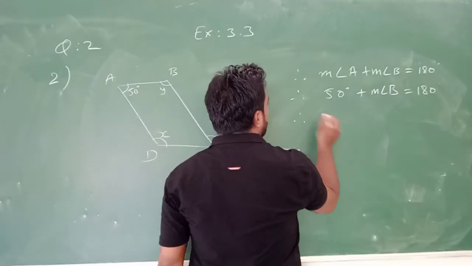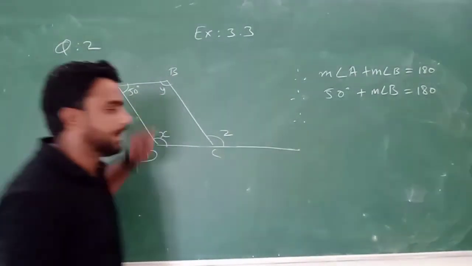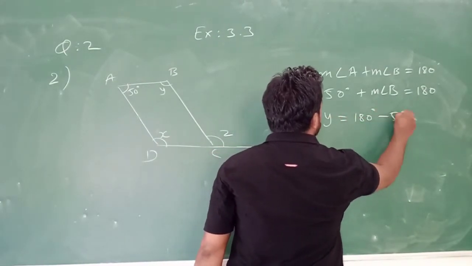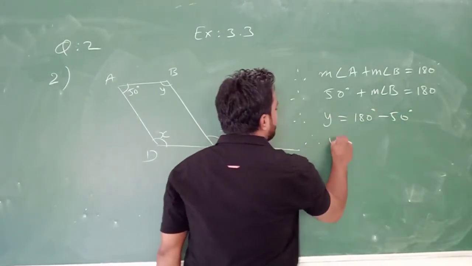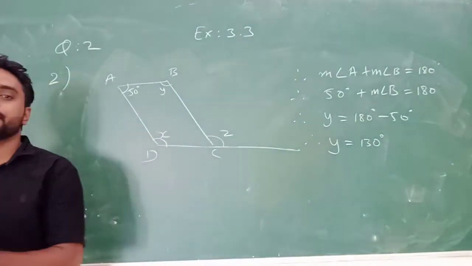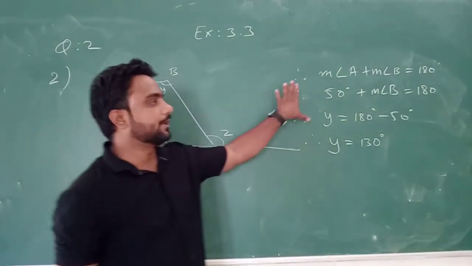So therefore, now what is the value of measure angle B? So measure angle B की value कितनी है? That is y. So y is equal to 180 degree minus 50 degree. So therefore, the value of y is equal to how much? 130 degree. Understand or not? तो यहाँ y की वैल्यू मुझे मिल गई. ओके, एक प्रॉपर्टी यूज करके मैंने y की